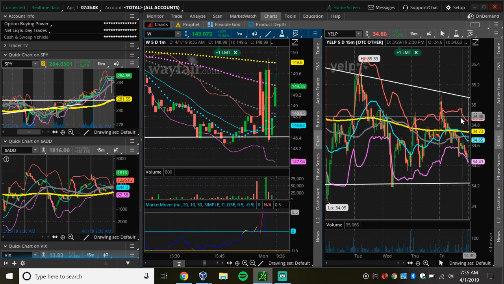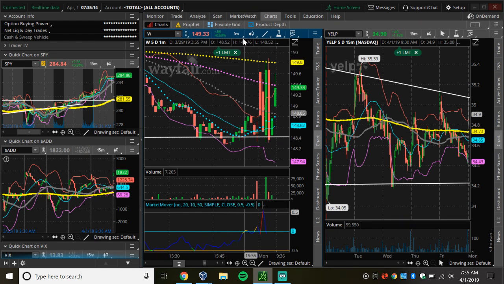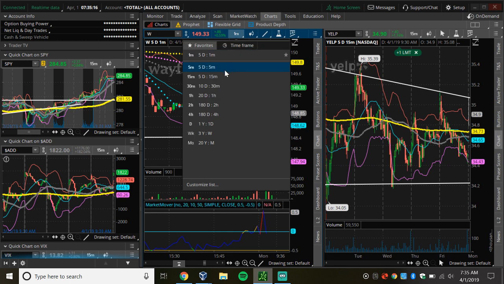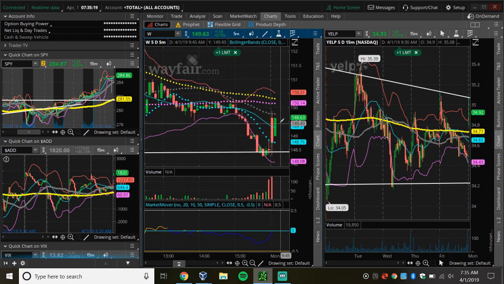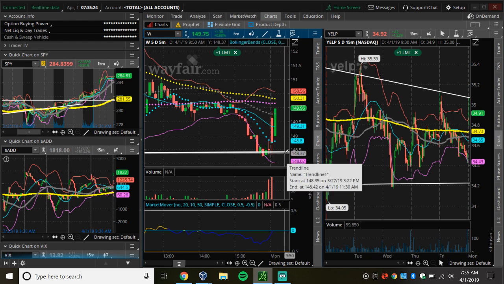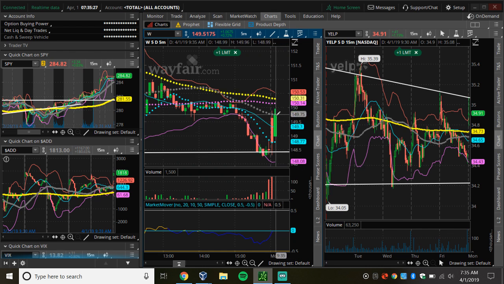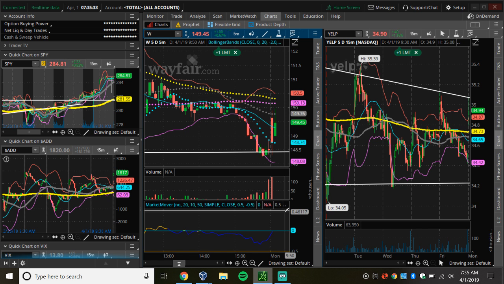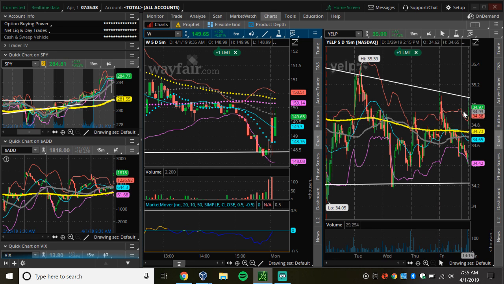We do have Yelp as well right here, coming back up. And for Wayfair, I'm just watching to see if we break down through that level. So on the 5-minute candle, which we just got, is still within all these moving averages, and not liking this, but we want to see it kind of stop below the highs here. So just crazy amounts of volatility in this stock. And with Yelp right here just popping to retest this line. So Wayfair, looks like it's down to 160,